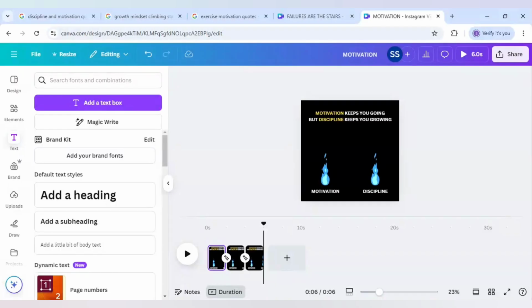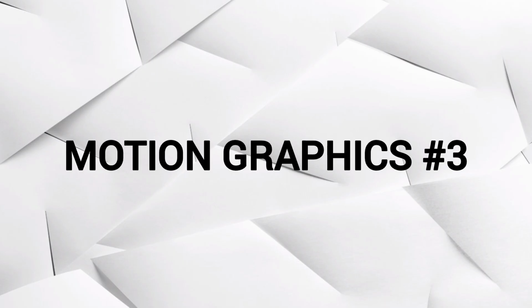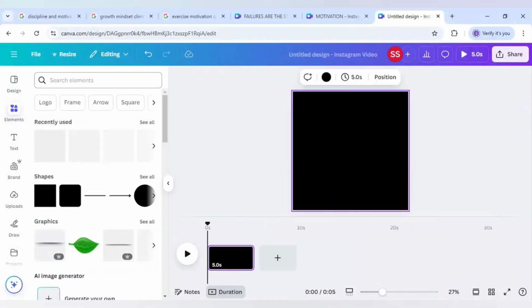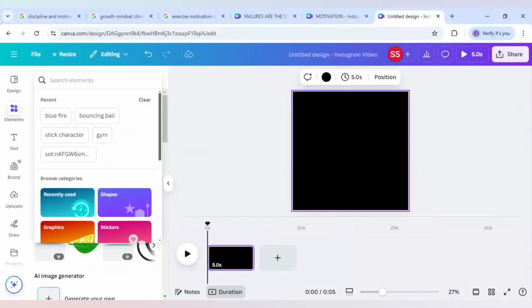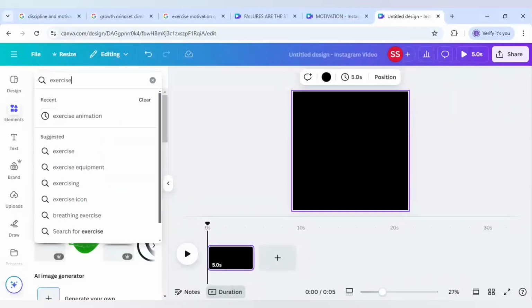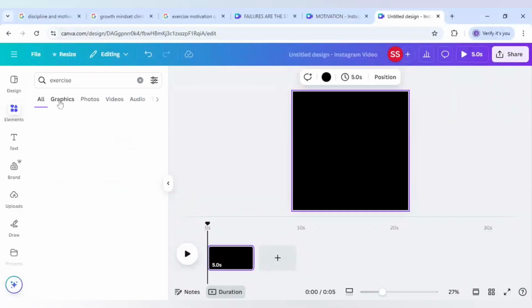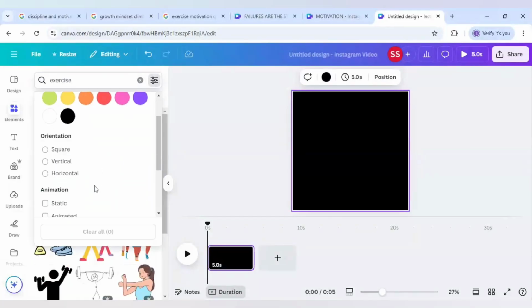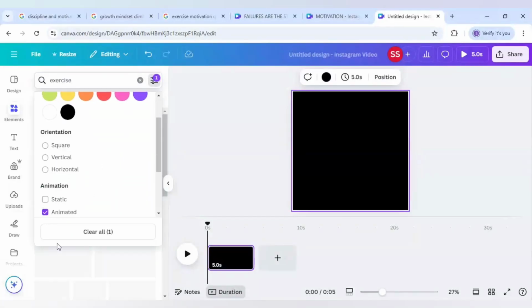reels or YouTube shorts. Okay, so it's time for video number 3 or the motion graphics number 3. So you know the first step here, which is making the background black color. Now I'll write in here exercise. Okay, and go to graphics and just click in here for animated,